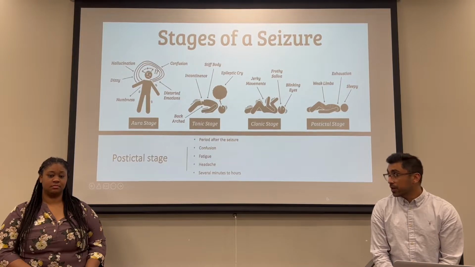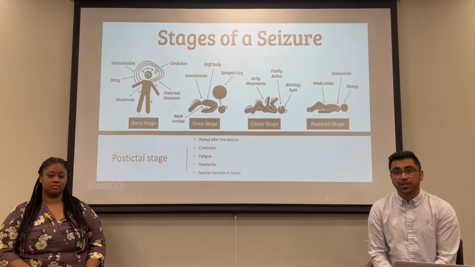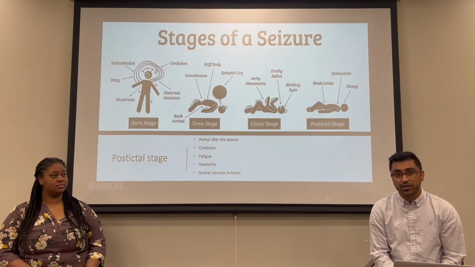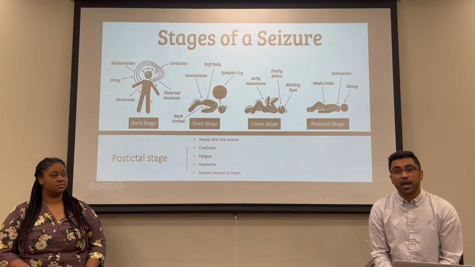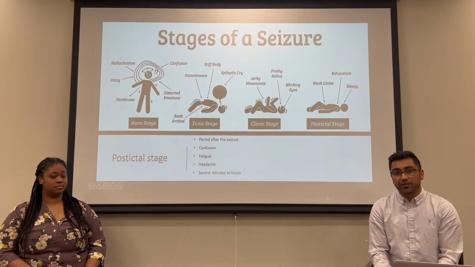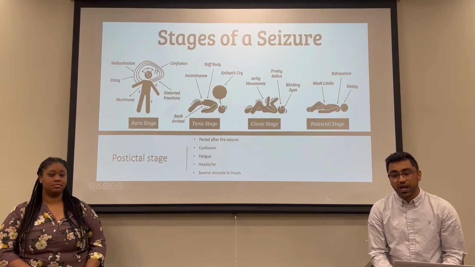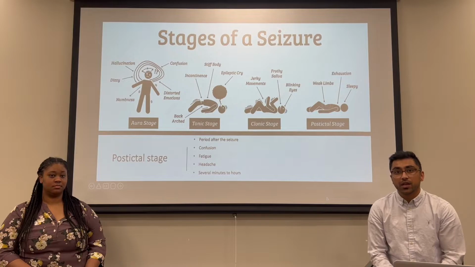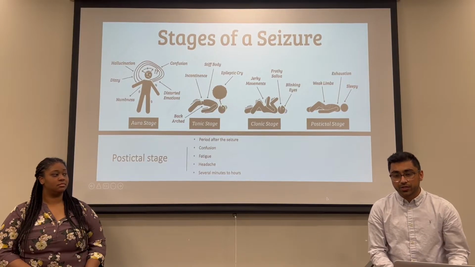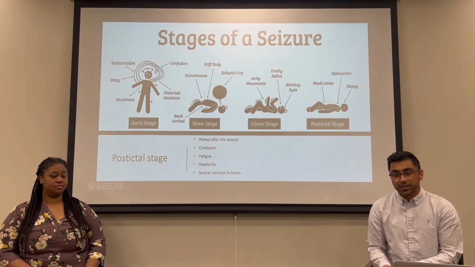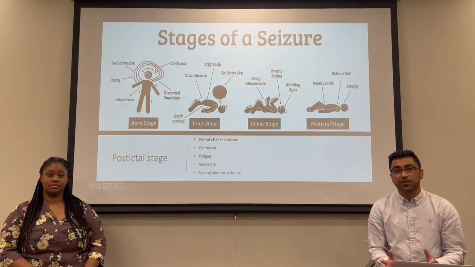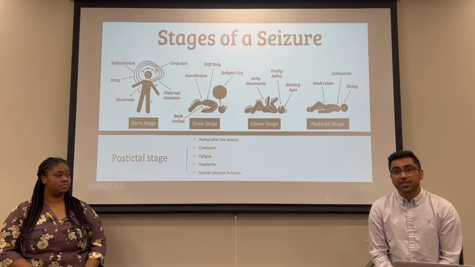Now specifically on the slides you'll see a tonic stage and a clonic stage. That is for a tonic-clonic seizure. So for the tonic stage you'll have muscle stiffening, and then for the clonic stage you'll have a jerking of those movements. And afterwards, you'll have something called a post-ictal state. The post-ictal state is essentially just the stage after the seizure, where you'll experience a multitude of different symptoms. You'll have weakness, confusion, possibly a headache, and this can last anywhere from minutes up to hours.